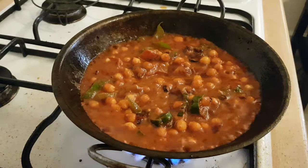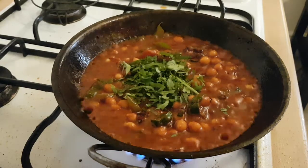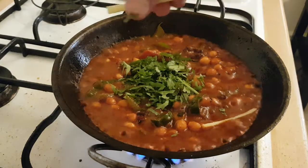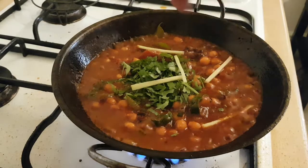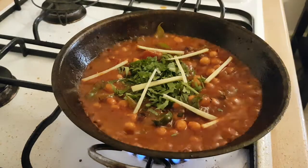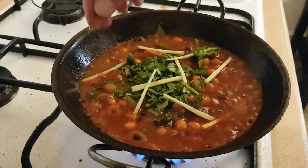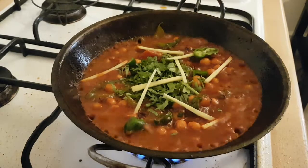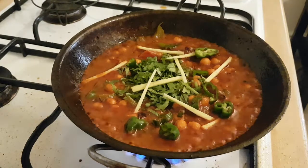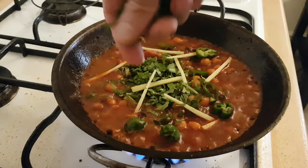And all we're going to do now, put some coriander on the top. Put a couple of juliennes or matchsticks or batons of the ginger. A couple of little chilies on the top as well. And we're just going to let that come to a really, really nice boil. We're going to get some oil separation, a lot of bubbling,